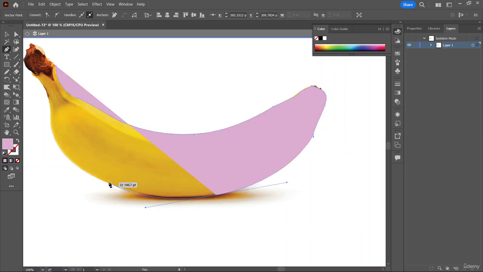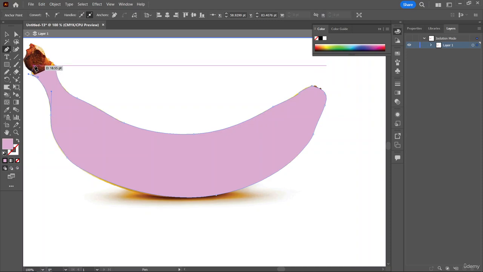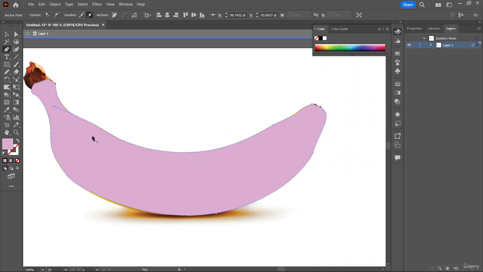Let's do it over here. Now that we have created an outline of our banana,